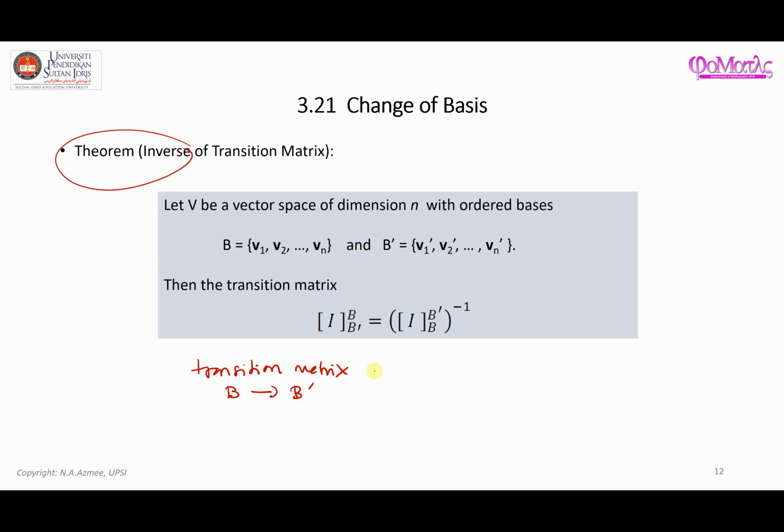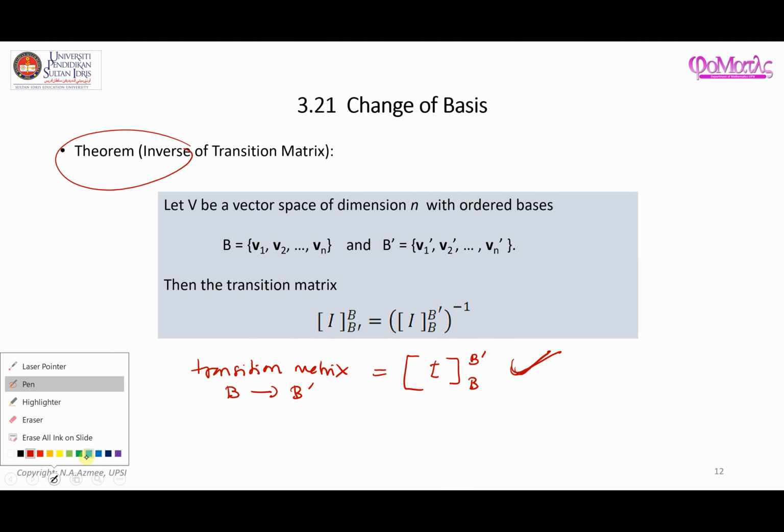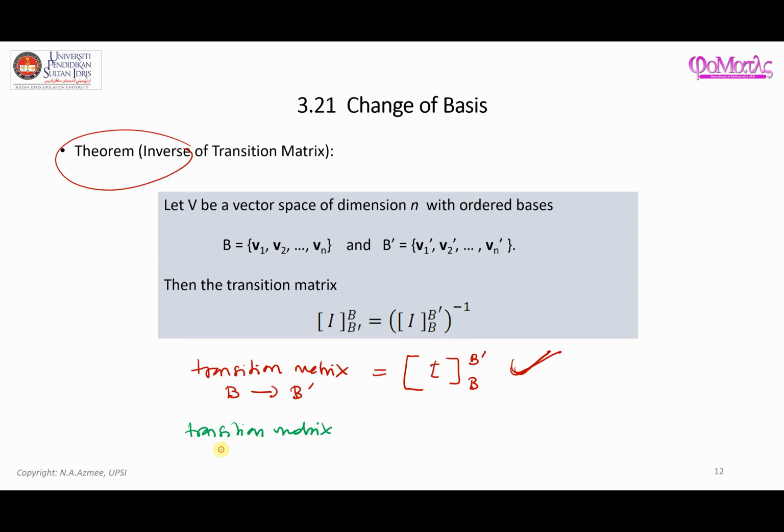And like I said, the notation is sometimes given as this one, from B to B prime. Now, let's say you already got this answer. And the next question is, people say, hey, how do I find the transition matrix from B prime to B? Well,